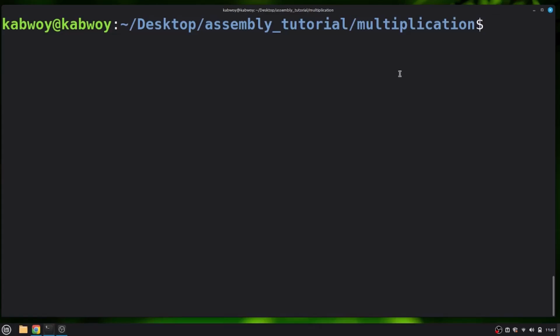Today we'll be looking at basic multiplication using assembly, and let's get straight into it. So I'll go ahead and create a file, and I will open it using nano. So nano followed by the name of the file. I will name it